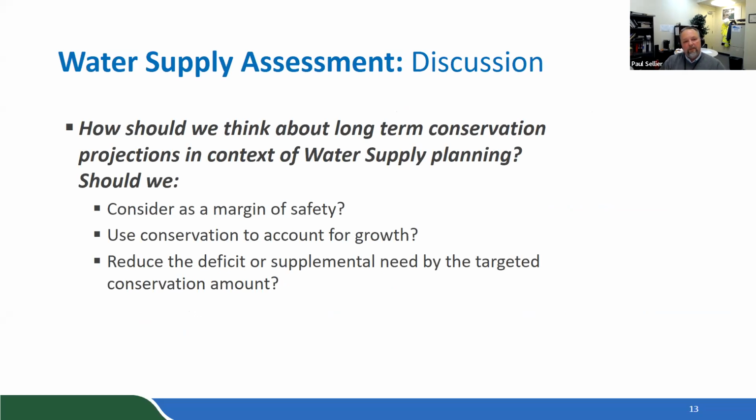On this first one, how should we think about long-term conservation projections? I would just say that these are not intended as answers; these are conversation starters. How should we think about long-term conservation projections in the context of water supply planning? And should we consider a margin of safety? And what the heck do I mean by that, right? I think what we mean by that is